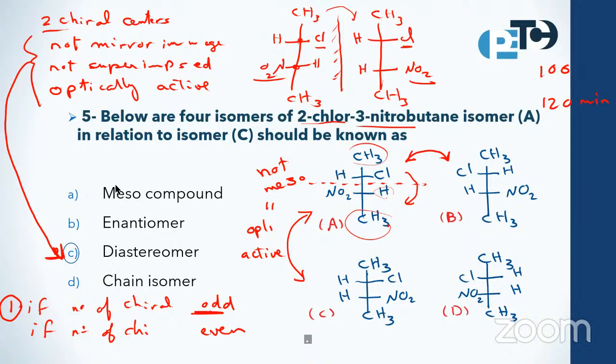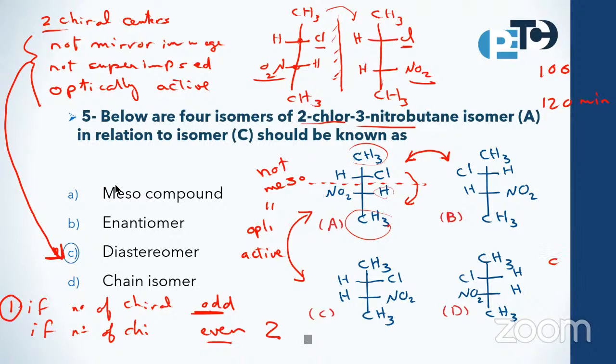While if we have an even number, like our case here, we have 2 chiral centers, 2, 4, 6, and so on. In this case, see if the upper part is a mirror image of the lower part or not. If it is, the compound is a meso compound, like the following case: